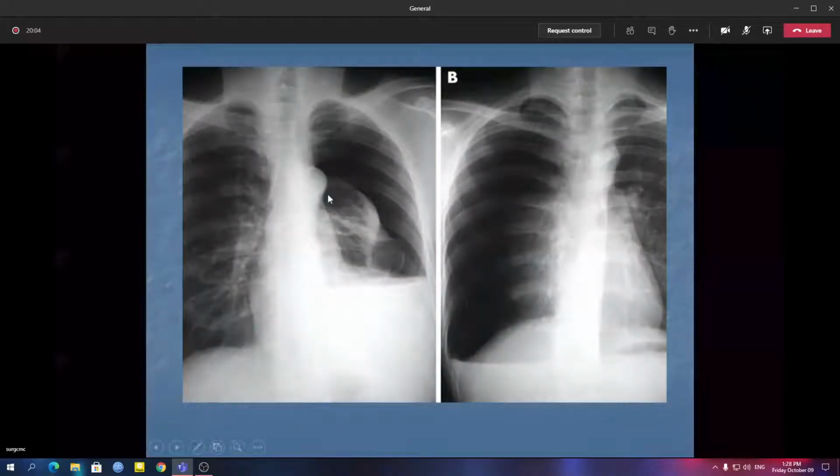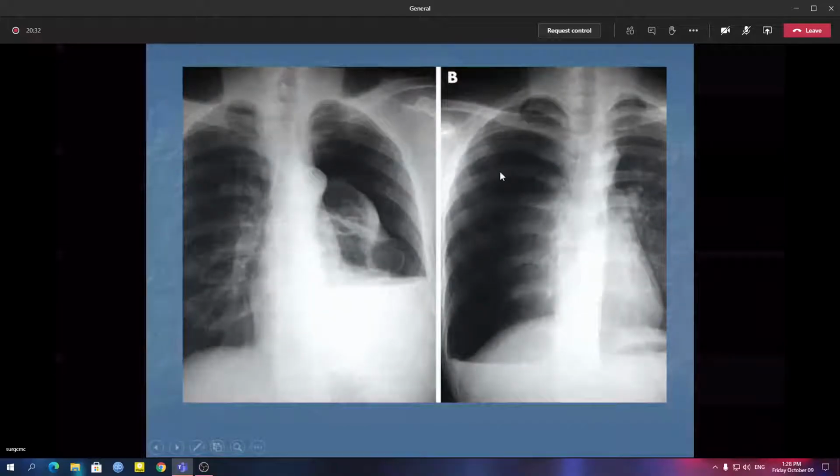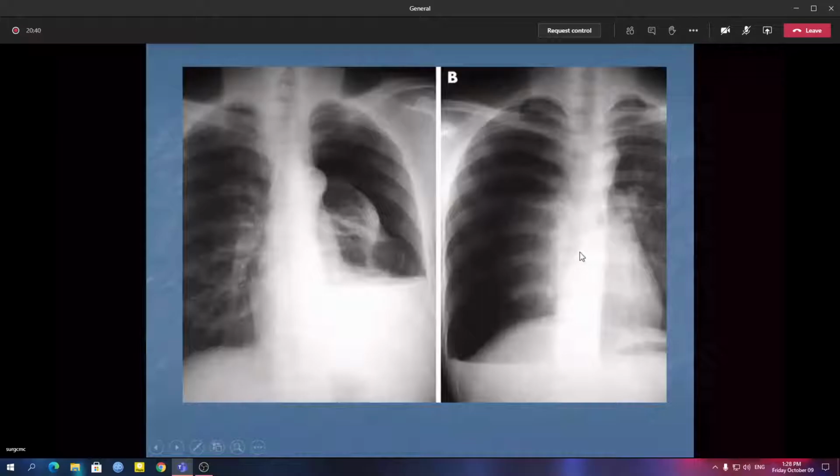But in this X-ray you can see another peculiar feature. Here on the right, of course this is the right, you can see streaky opacities, the bronchial opacities. But on the left side, in this part, it's absolutely black, with ribs and nothing else. Something has crumpled up on the medial part of the entire picture. On the right, you can again see the black area, only gas and ribs. Something has crumpled up on the medial aspect. So what is it?